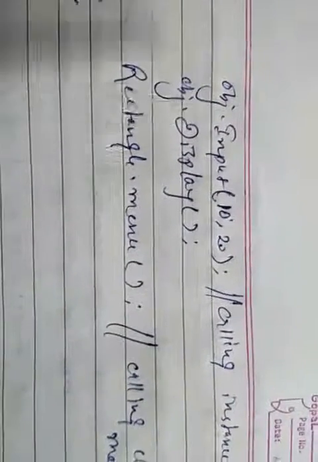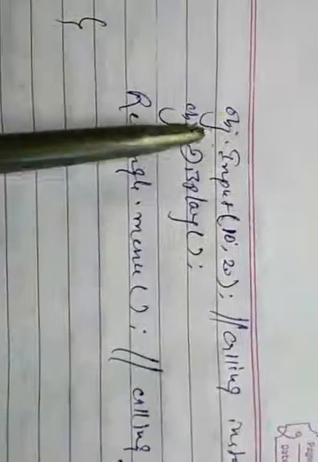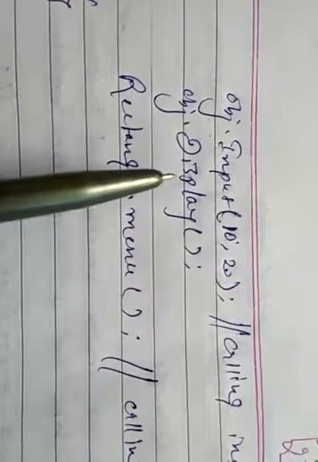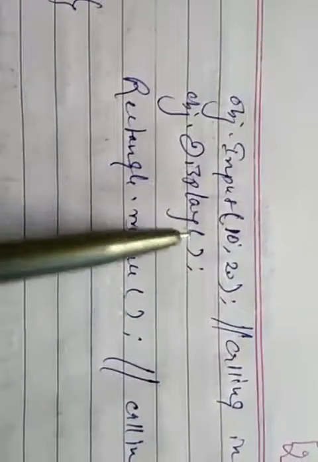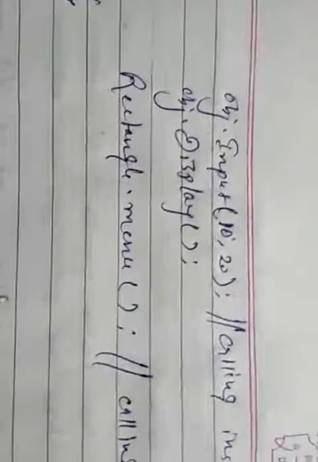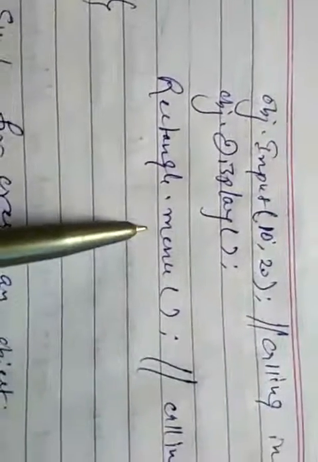In instance method invoking, first we will write the name of the object, then the dot operator and the name of the function. If the function has a parameter, then we will pass the value of the parameter. If a function is not having a parameter, then we will directly write the name of the function and parentheses. And second, here is the menu function we are calling. So this is the class function. A class function is invoked with the help of the class name. So Rectangle is the name of the class and menu is the function. So this is the way of calling the class function.